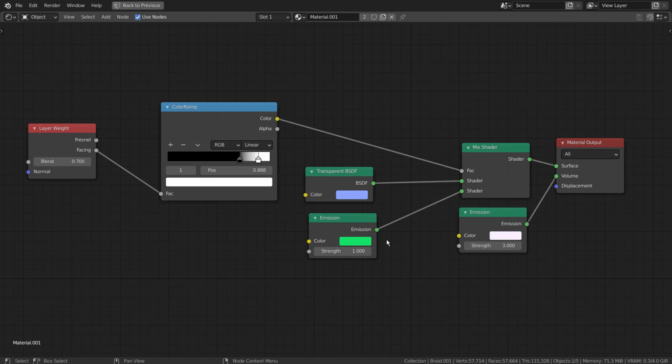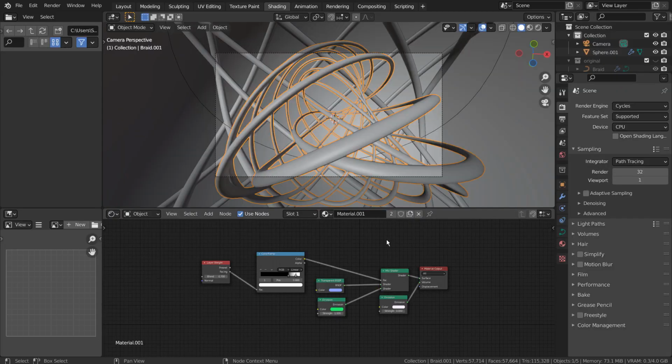Here are the full nodes for the primary knot mesh. I'm using Cycles with 32 samples.